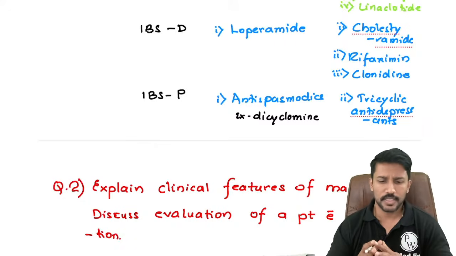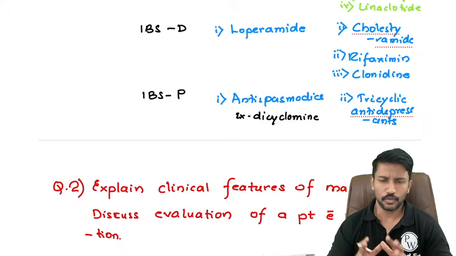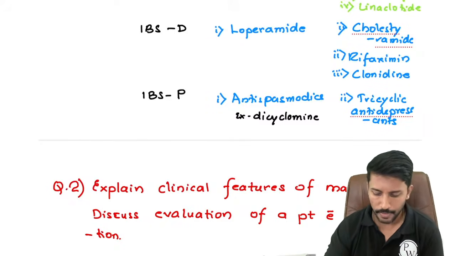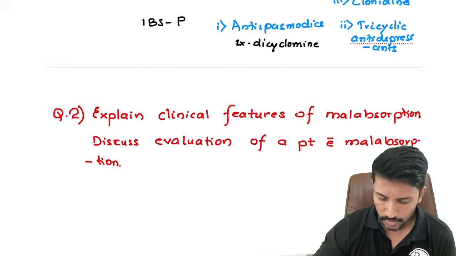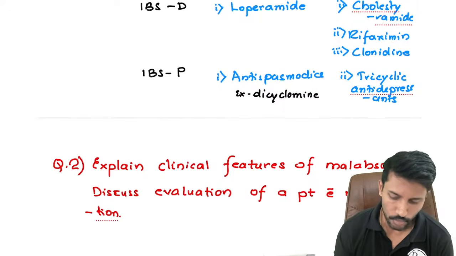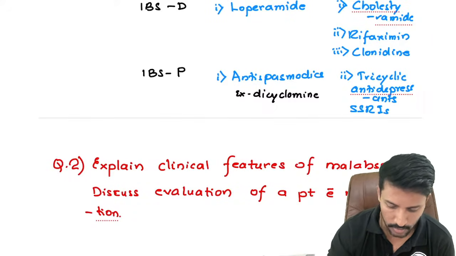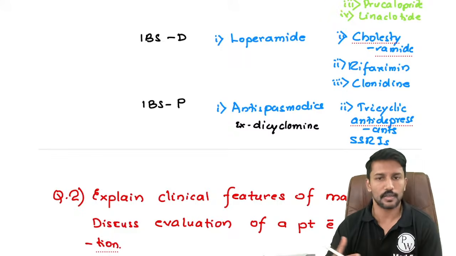No, we don't have to change the doses for these patients as such. 2 milligrams or 4 milligrams would be more than adequate for most of the patients. Okay. So that's about SSRIs are also useful. Particularly more useful if we want to use it for pain predominant patients, as well as they're useful in patients with the IBS constipation.